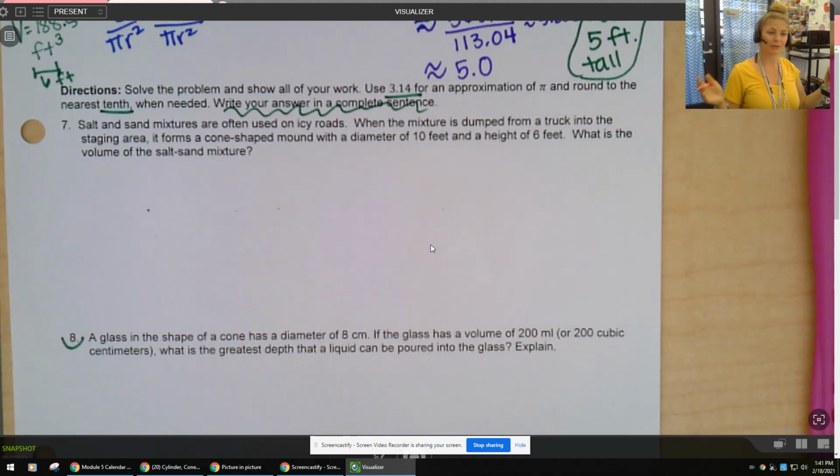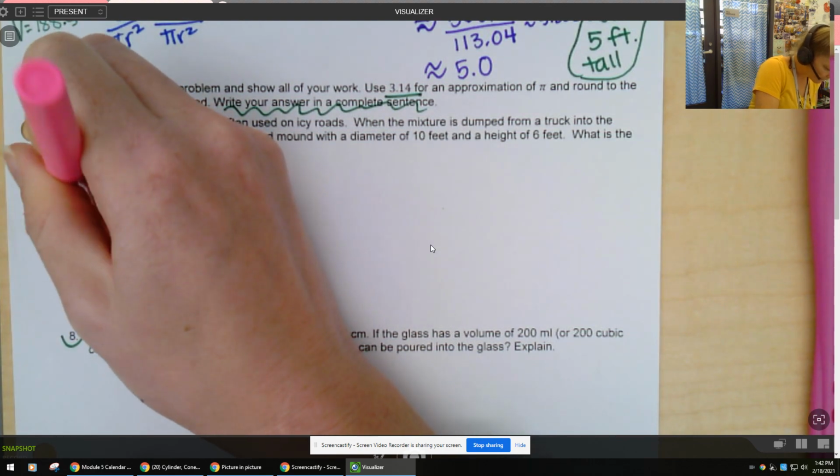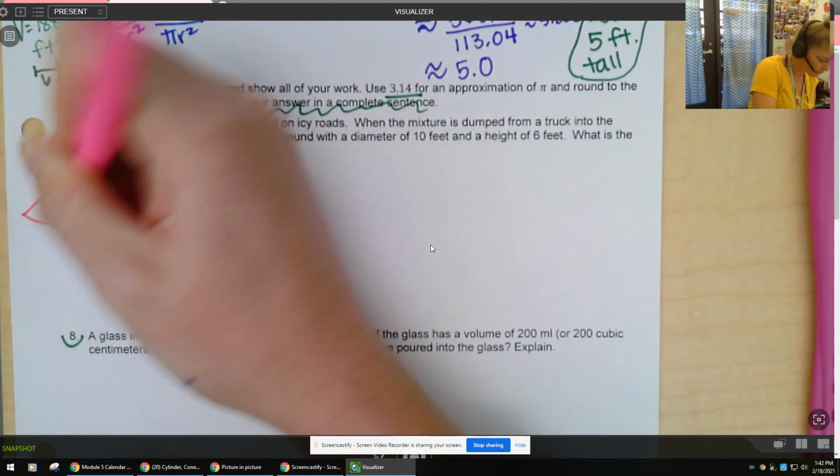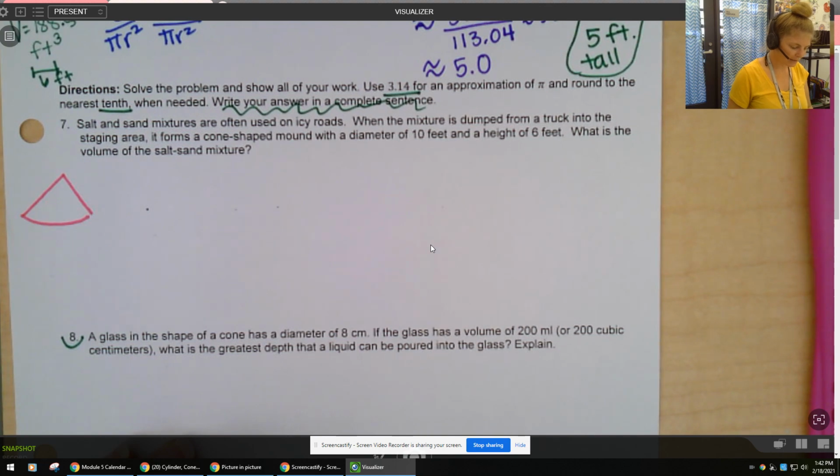dumped from a truck into a staging area. And as it's dumped in, it forms a cone shape. So next time you're at the beach, if you take a clump of sand, just run it through your hands. It's going to create kind of like a mound, which ends up being a cone shape, kind of like this. And that's because of gravity. So cool. So from here, we are dumping this mixture from our cup, and it's going to make this cone-shaped